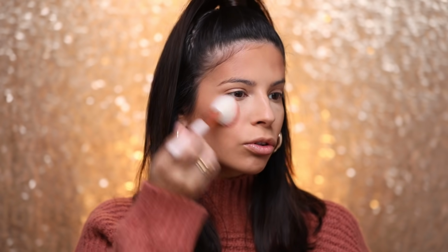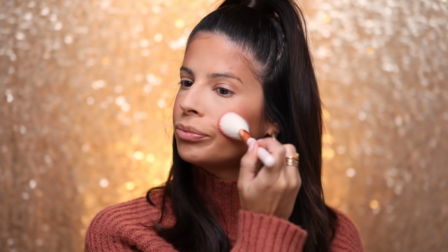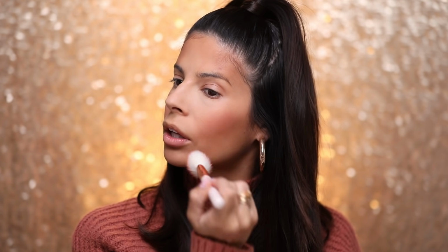She adds a really nice warm flush to your cheeks, and she has the slightest little sheen to her. Not too crazy, so it's not gonna emphasize your pores. It's everything. I love this blush. I need a new one actually. She's getting a little dry, I don't know if you can tell, but it's spectacular. I like this brush because it has a nice little angle to it, which is perfect for applying blush. Okay, let's move on to